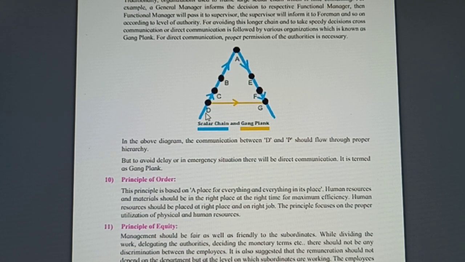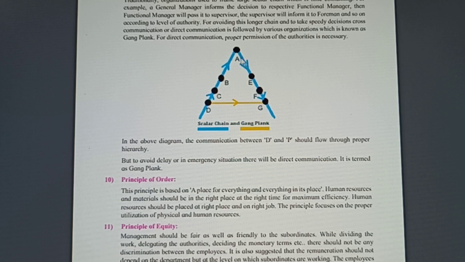The D people at the bottom are the foremen, workers, you can say anything. C, you can say they are the subordinates. B, you can say they are the executives who report directly to the MD. So now if there is something which D has to say to A, they first have to go to C, then C will go to B, then B will go to A. So it is a time consuming process. Now getting reversed, if A has to give some message to G, then A has to go to E first, then E has to go to F, and then F has to go to G. So this is a very time consuming process which is used in common joint stock companies today.